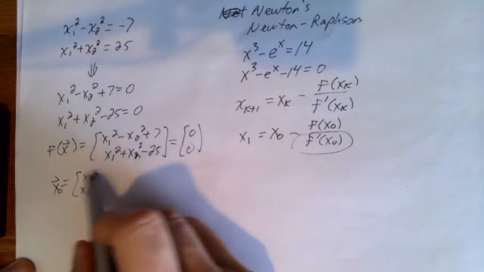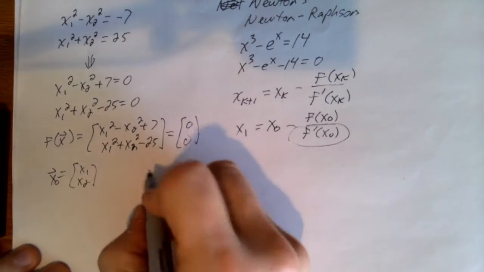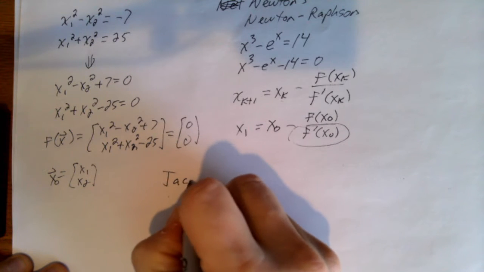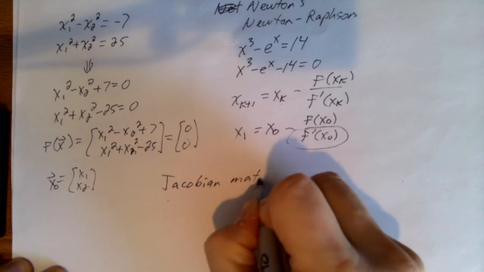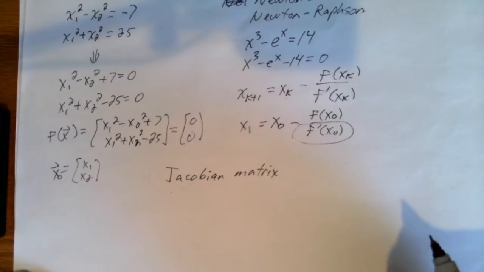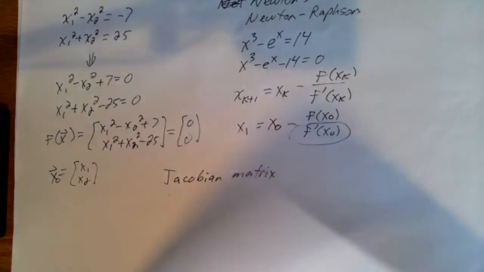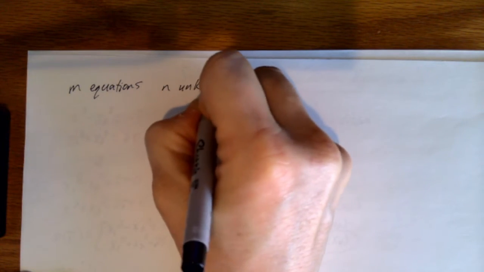How do we find the first derivative of this? Well, for this, we can use what's called the Jacobian. So it's a Jacobian matrix. And let's see how we would use that. So if we have m equations or functions and n unknowns,